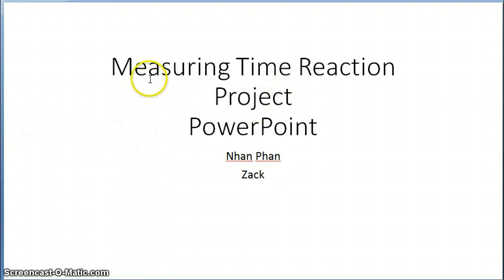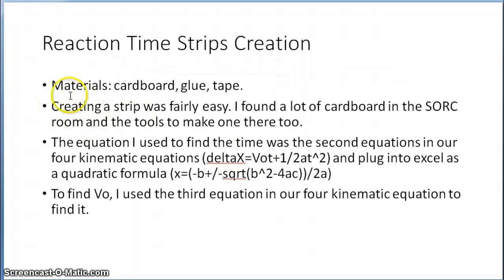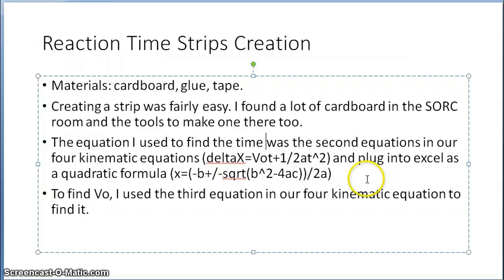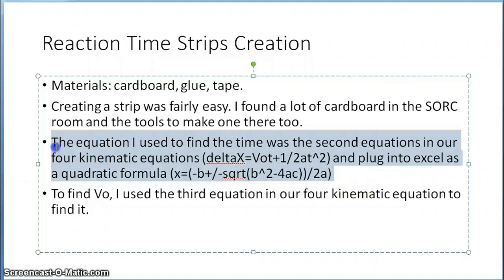So first I will start on telling you how I make the time strip. I found a lot of free cardboard in the source room from our school, so making it was pretty convenient. The next step is to make the reading data for the reaction time strip, which I use Excel to create,